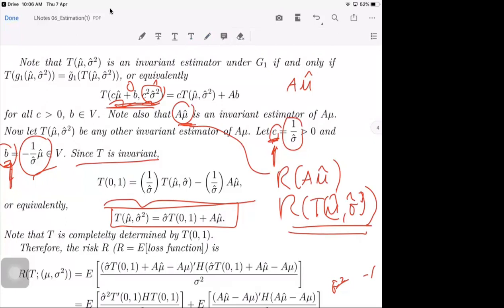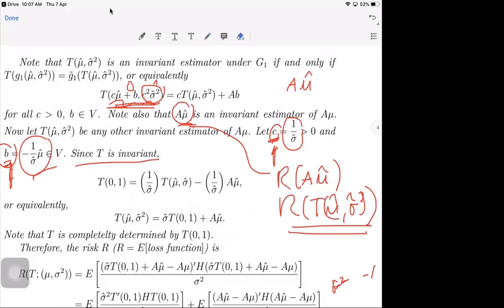So we see that T is completely determined by T at 0, 1. The value here is completely determined if we know this, no? Because it is a function of this plus our competing estimator. So if we can show that the risk associated with this term here is greater than 0, positive, then this competing invariant estimator, the risk associated with this is a function of